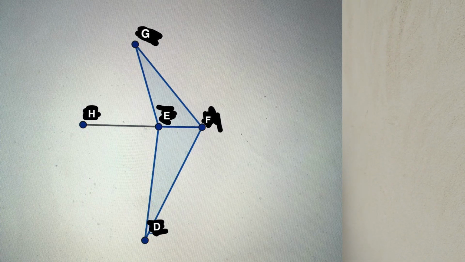And DE is congruent to GE, making that our CPCTC. And angle DEH is congruent to angle GEH, making that our congruent supplements. And finally, FEH bisects DEG, making that our definition of bisector. And since Alex got the question right, he gets to eat